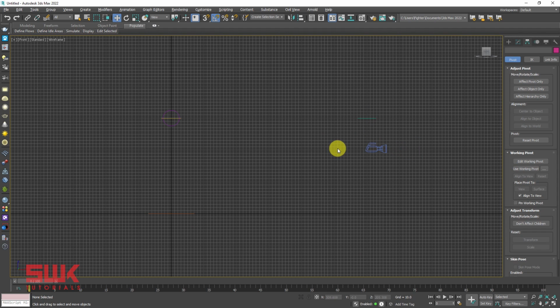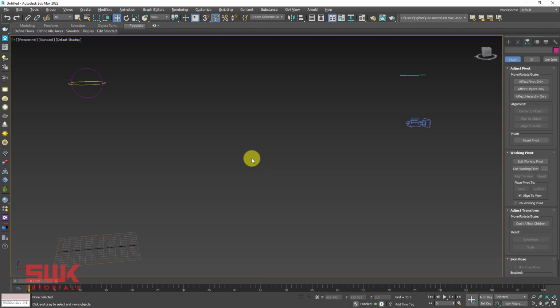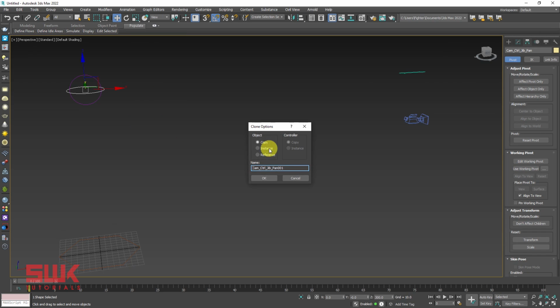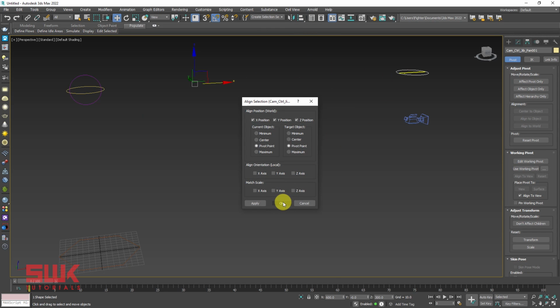Now we need to create the pan controller for the camera. So select the JIP pan control and copy it, and align it to the JIP length controller.